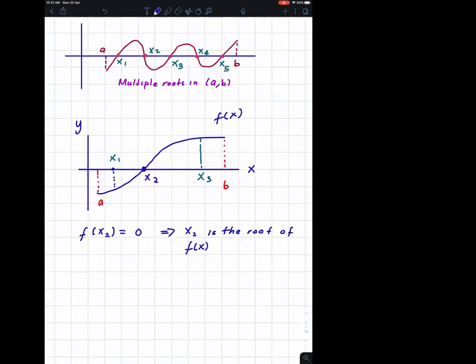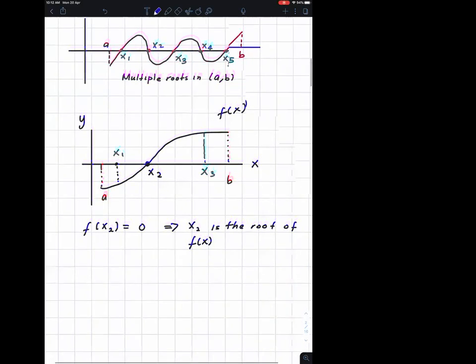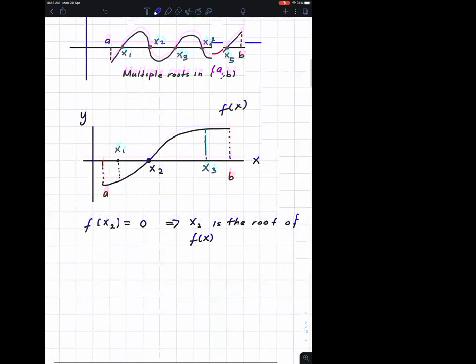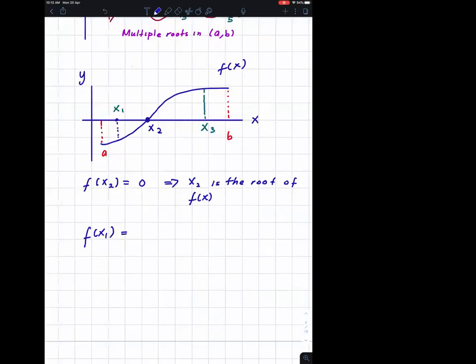Do you guys agree? Yes, sir. Okay, if you plug in x1 and you get a value that's less than 0, that means it's going to be a negative value, right? Right here. So negative value, less than 0, that means x1